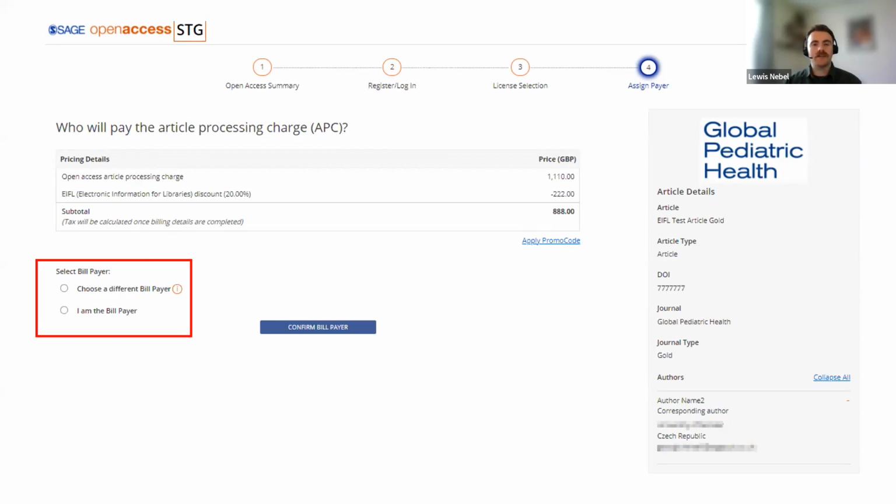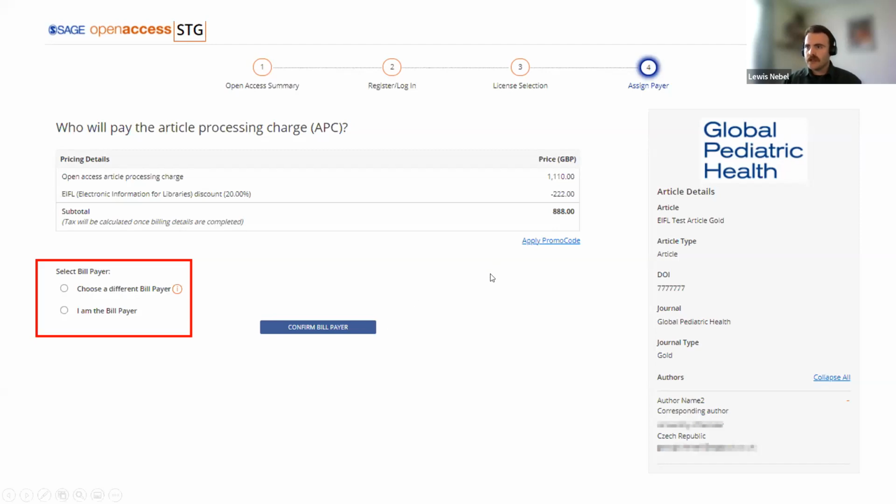Generally, they'll have someone dedicated to the admin side of it anyway, and so they tend to get approved quickly. But because we've got that agreement with them, we know that they've signed up for wanting to pay for article processing charges for authors from their institution. We provide a bit more time. I think it is 2 weeks as far as I recall, to be able to do that.